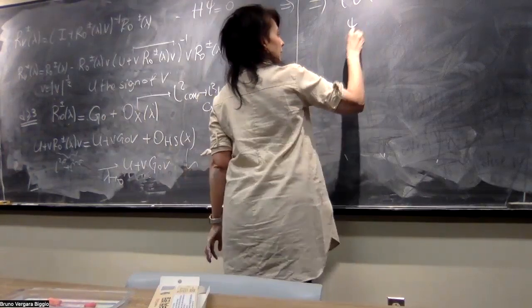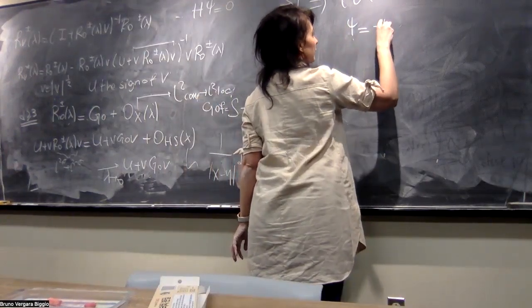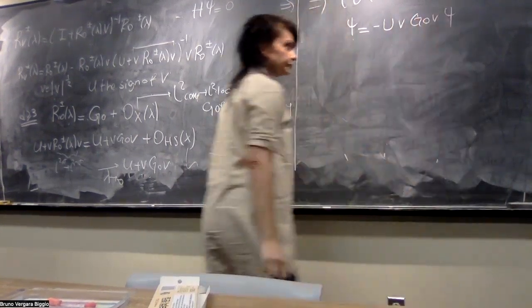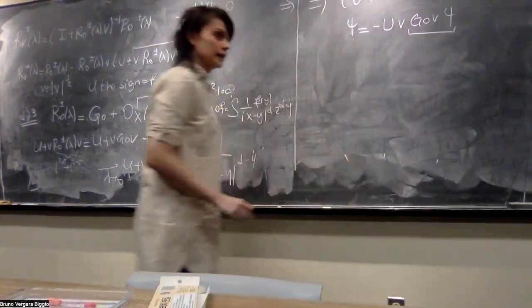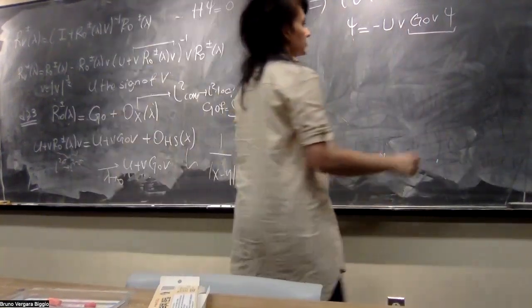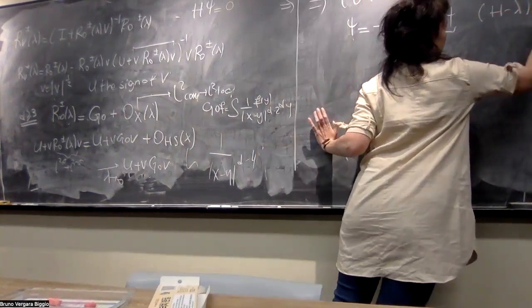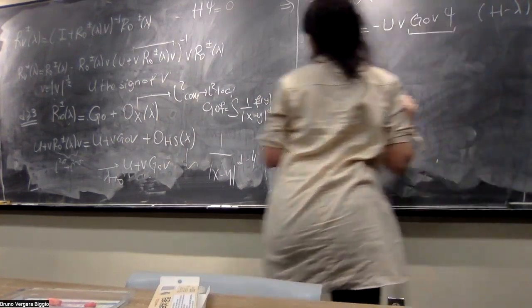So now if I solve for my phi, that's going to look like negative u v G0 v phi. And again, it turns out that if you look at this, that's going to solve (H minus lambda) G0 v phi is equal to